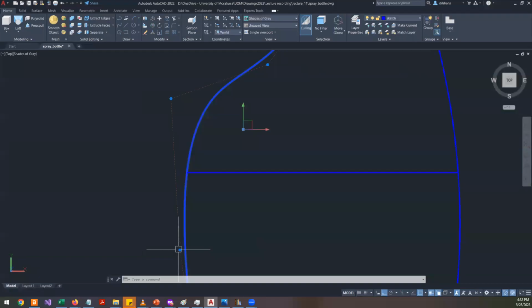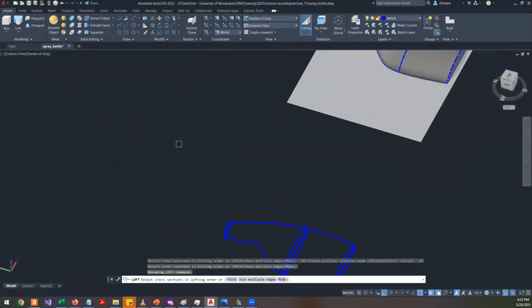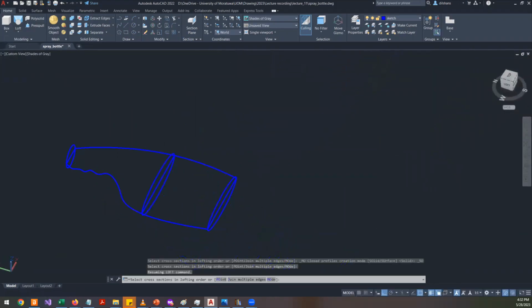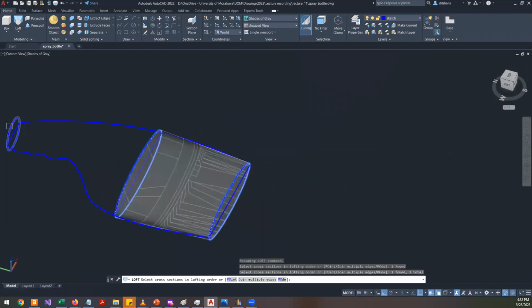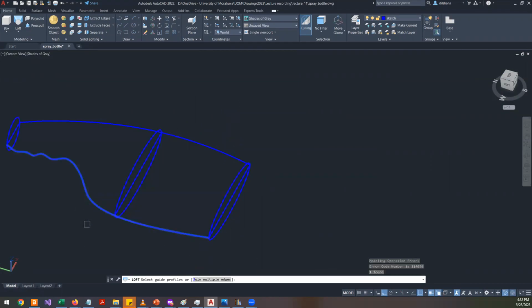So look what I'm going to do. I'm going to do a small change to the curve and I will try to apply the loft command. So the procedure is the same. I'm going to select these three cross sections, enter, guide. I'm going to select this one. Okay, now